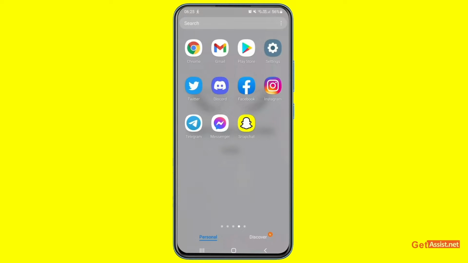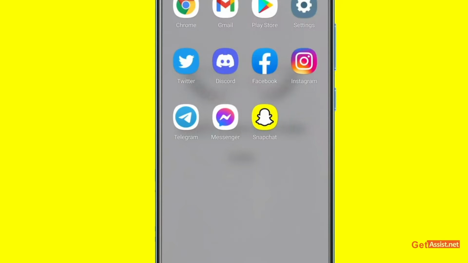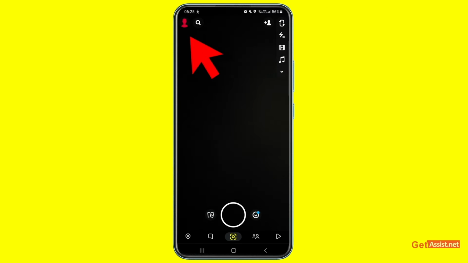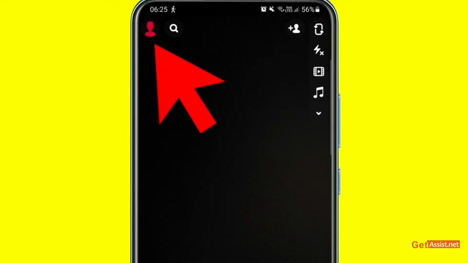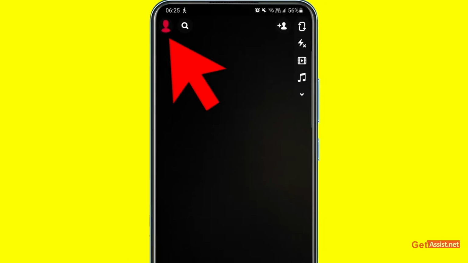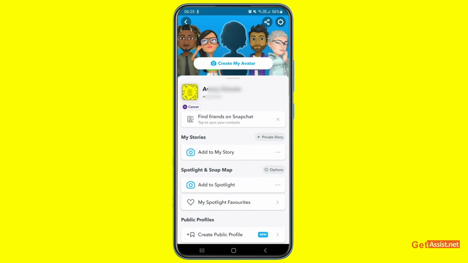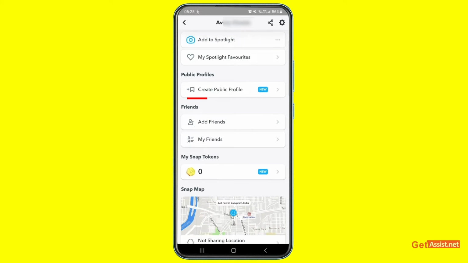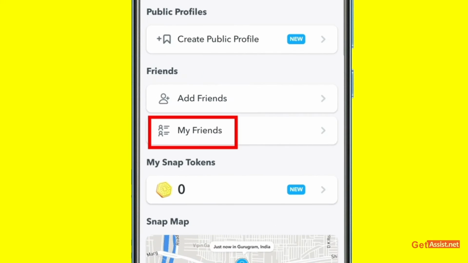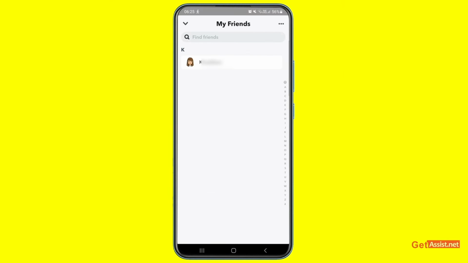Alright, so first of all you just have to open the Snapchat app, and then you have to tap your profile icon that is given at the top left corner of the screen. Now here, if you scroll down, you will see the friends section. So you just have to go to my friends, and there you will see the list of all your friends